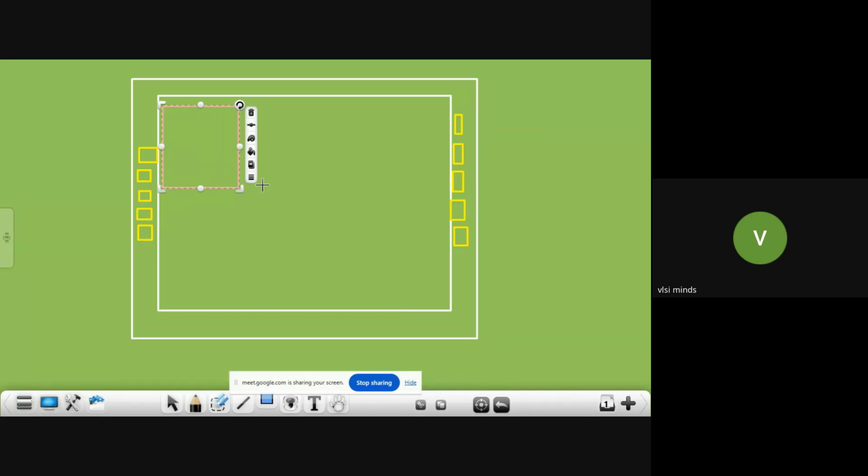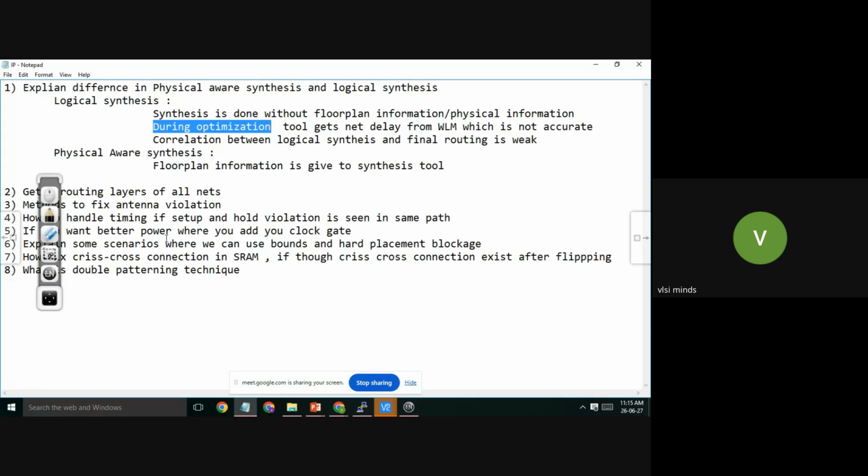The power planning is also done, along with tap cell, end cap cell, and decap cell placement. All this information you give to the tool; that is called floor plan information given to the tool.